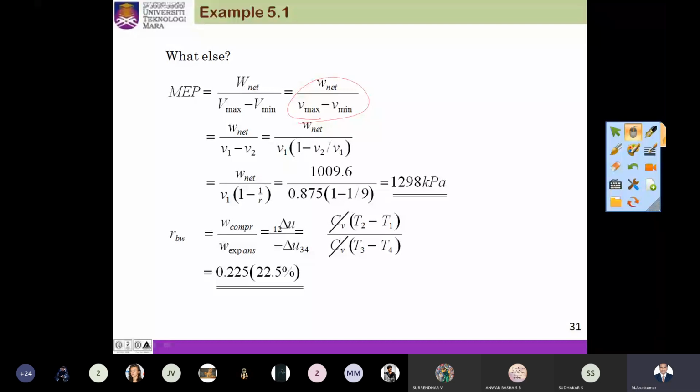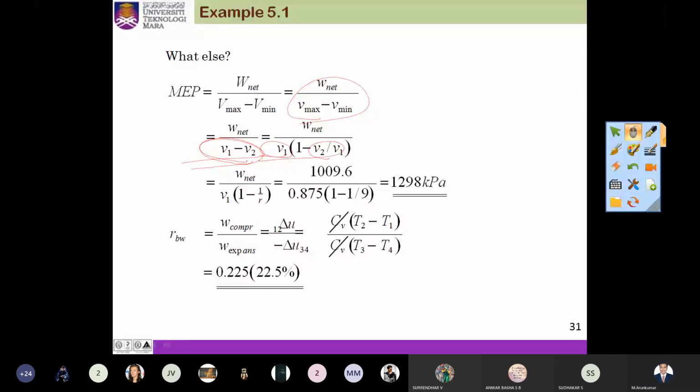Then we know the values. Sorry, we have to replace the values. So also we know Vmax is equal to V1 here. If you compare the calculated values, your V1 will be the maximum value, and your V2 will be your minimum value. So we can substitute the values here. Then we can take V1 outside and write the equation as V1 into 1 minus V2 by V1. That we know, V2 by V1 is your